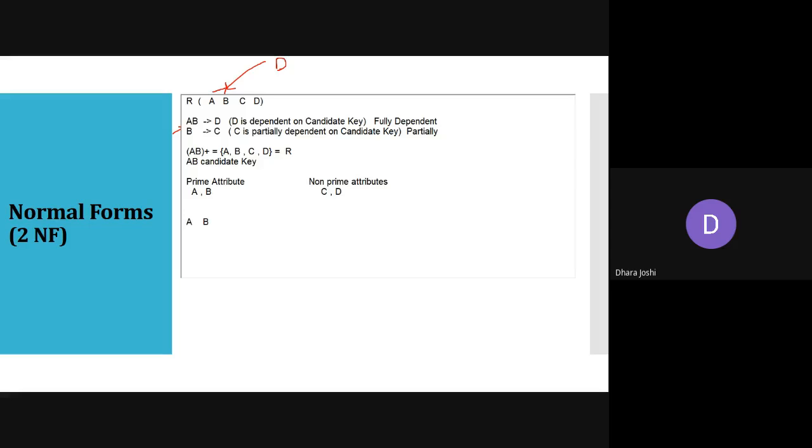ऐसा नहीं है कि हम सिर्फ A की वैल्यू को ही प्राइमरी की या कैंडिडेट की बोल रहे हैं या फिर सिर्फ B की वैल्यू. Once we are having the combination of both values, we are considering it as a candidate key or a primary key. Okay? But suppose मान लो कि अगर ये है B derive C,